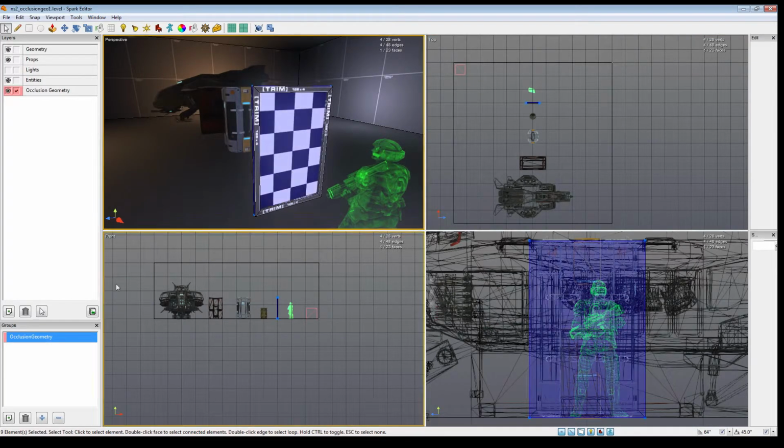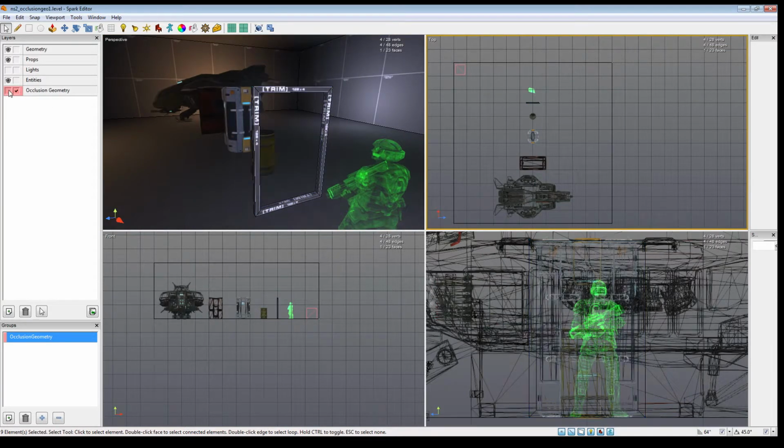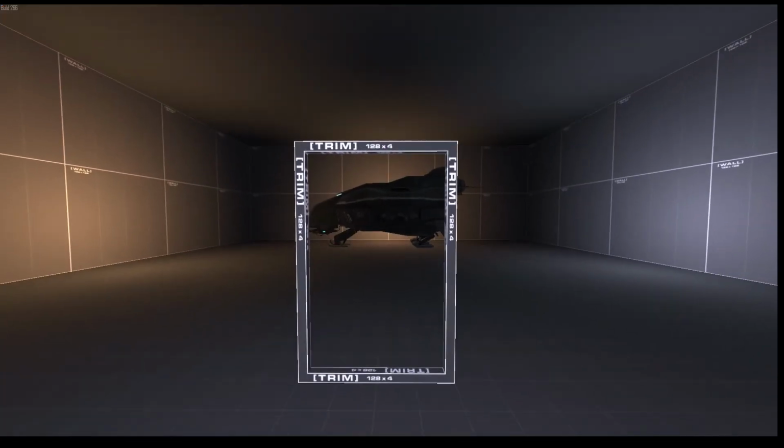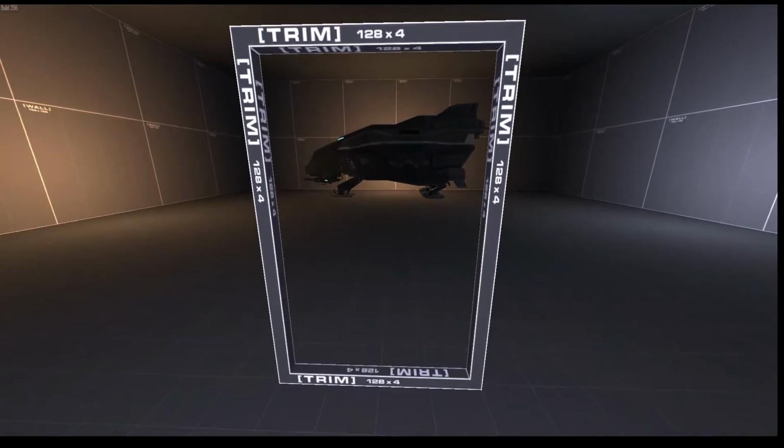And if I just select this face, hit plus, well, occlusion geometry is selected. It is now occlusion geometry. So I'll always make a separate layer for my occlusion geometry so I can toggle it off if I don't want to see it. Alright, here we are in game, and as you can see there's an empty frame